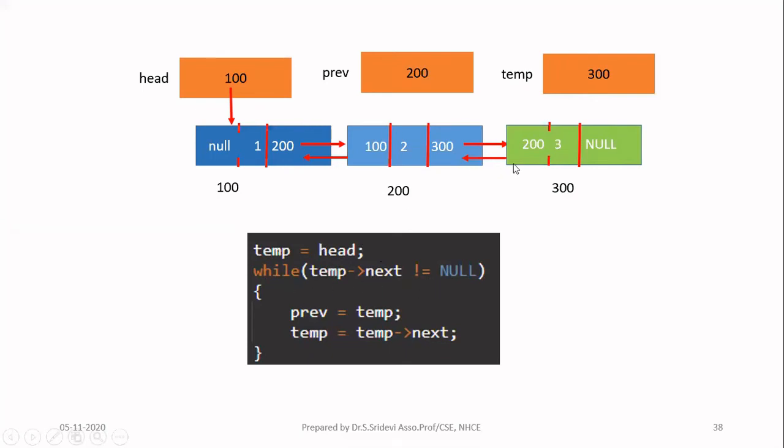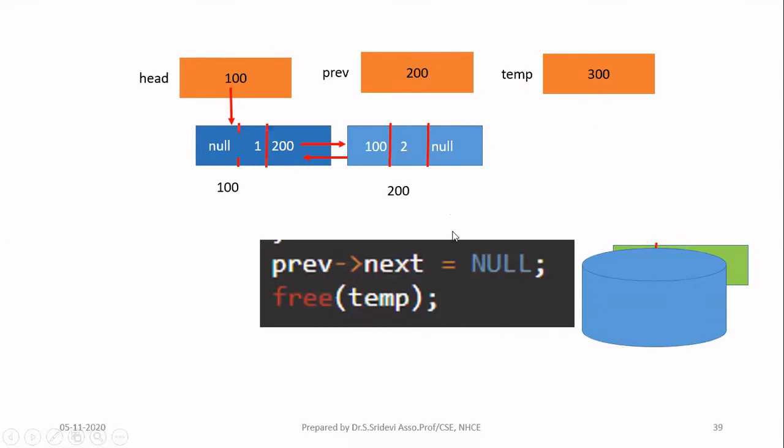So in case of delete, you have to keep track of the previous pointer also. This is similar to the singly linked list; we have already seen. You have to keep track of the previous pointer also, because that will simplify your work in updating the pointers. Whenever I go to the next node, whatever is the current temp node, I am keeping as the previous node. And to go to the next node, you have to update temp as temp arrow next. So when you come outside your loop, your temp will be pointing to the last node, and previous will be pointing to the previous node of that. That means previous will be pointing to this node which is at the address 200. Now at this point of time, you will come outside the loop.